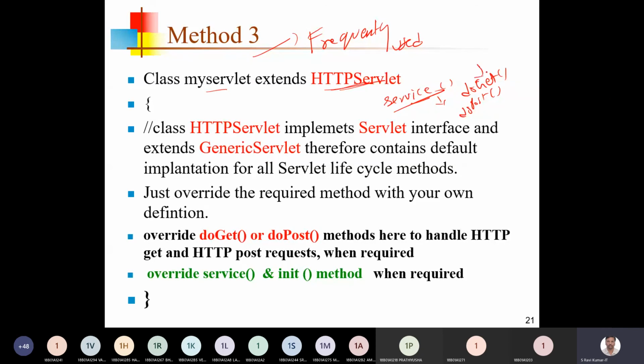So doGet is used for method equal to get in the HTML form. doPost is used for method equal to post. Okay, so you can either override the definition for the service method, or specifically the doGet method, or specifically the doPost method.